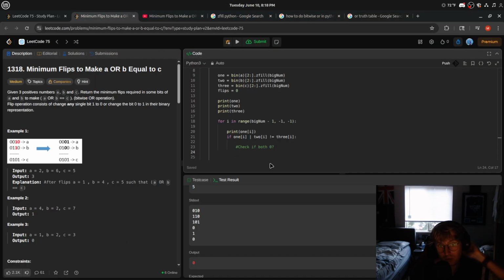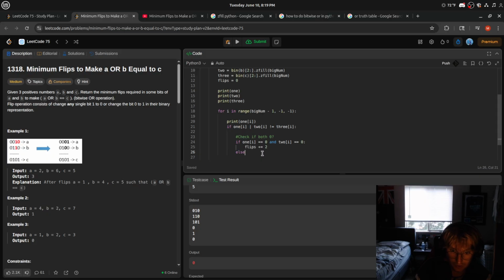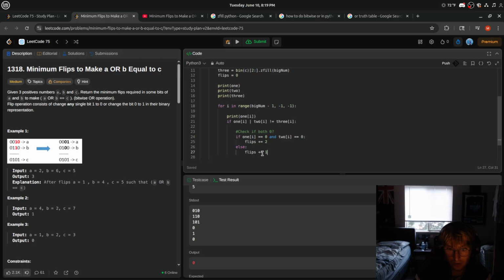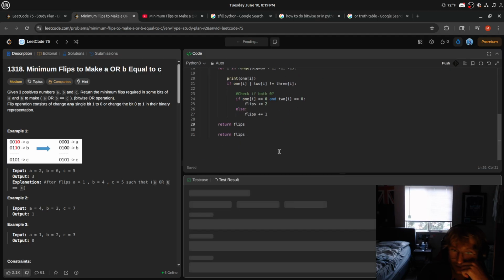So if 1i is equal to 0 and 2i is equal to 0, then we do flips plus equal 2. Otherwise, we know that it's 1. And then we return our flips. I don't know if this is going to work, but